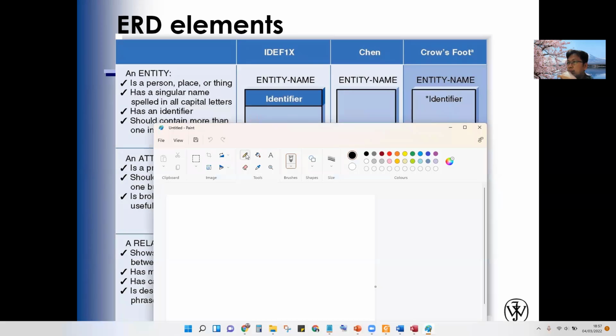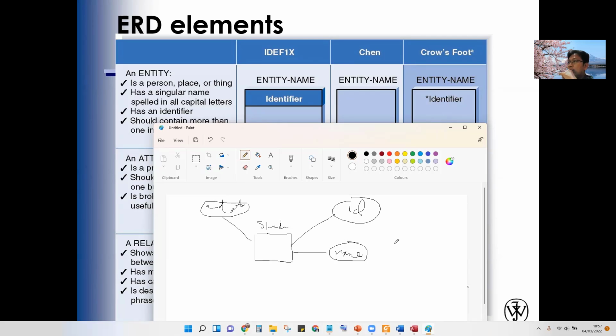Yes, for the Chen style, for example, this is the student and this is the attribute: ID, name, address, etc., using the ellipse attached to the student.